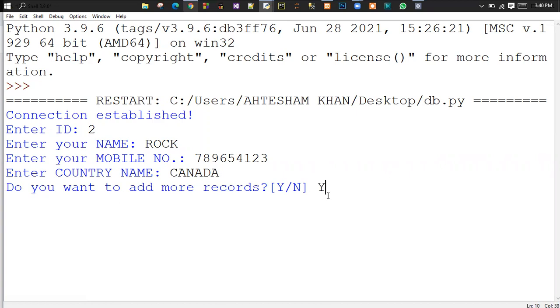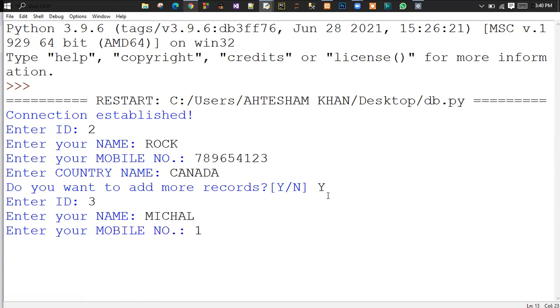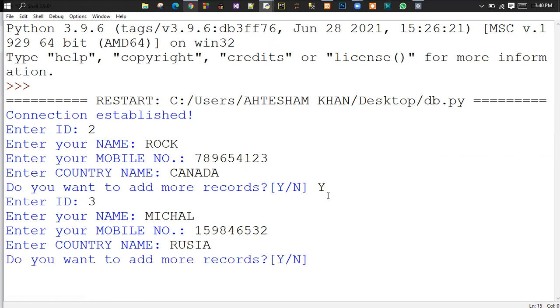Yes, if you enter here, that means input will take one more time. 3 and so on. Now you enter no, that means the loop has been terminated and the record will be